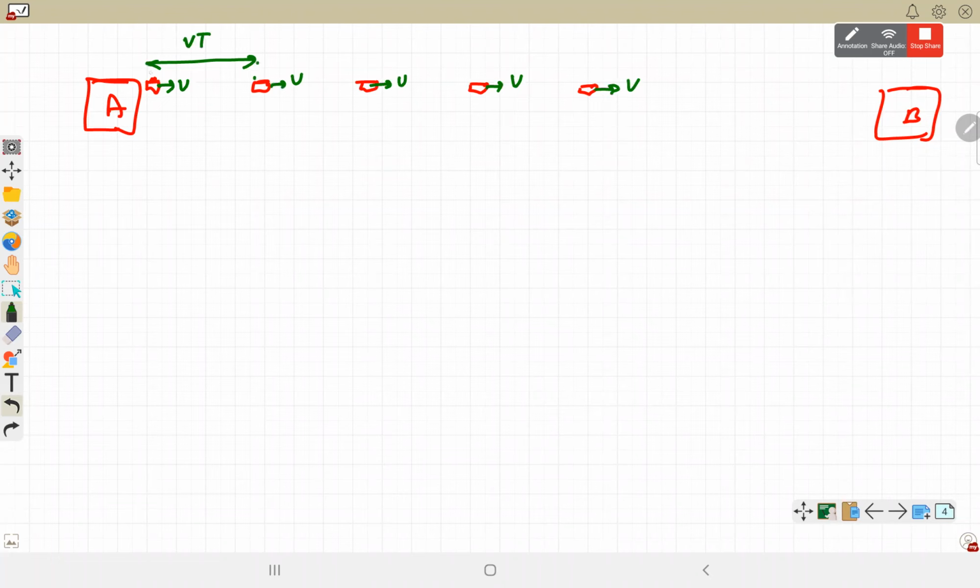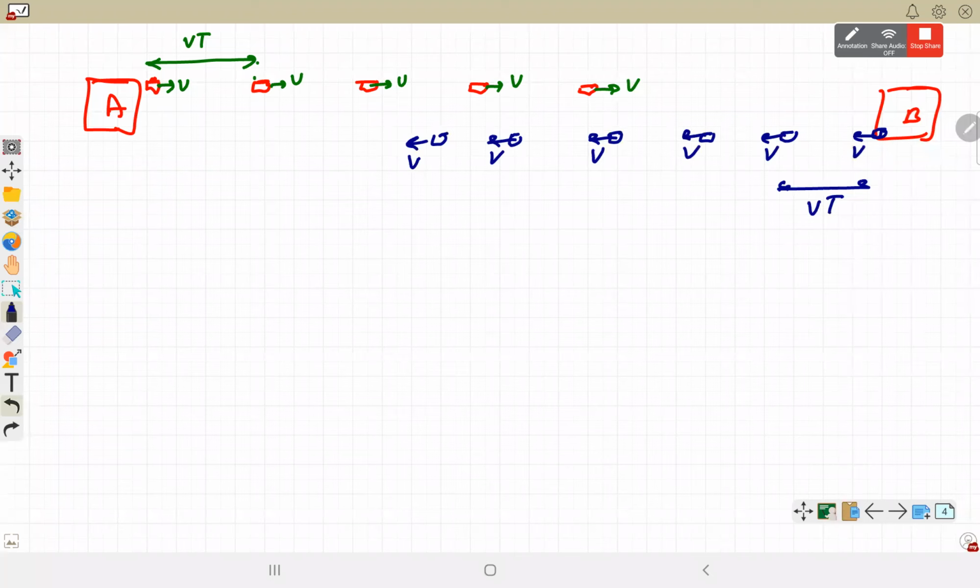After one bus leaves, after T time the other bus is going away. Likewise, the other set of buses coming from B, there is exactly the same distance here also, coming from the side of B. Each bus has the same speed and they are also moving in the same direction. The gap between any two of the buses will be the same, again VT.